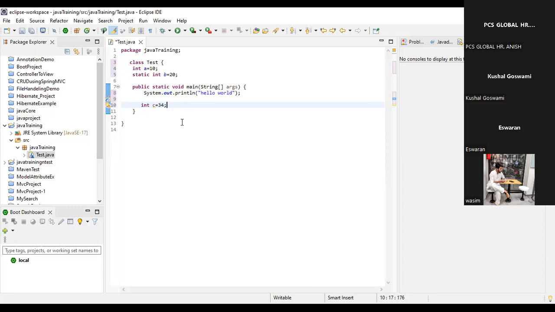When you want to use this static variable or this instance variable, for the instance variable we need to create an object and use it to access the instance variable. So how can I do that? First I have to create an object of this class. So how to do it? See,